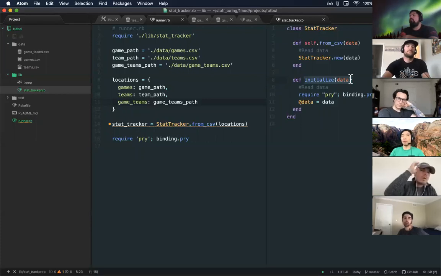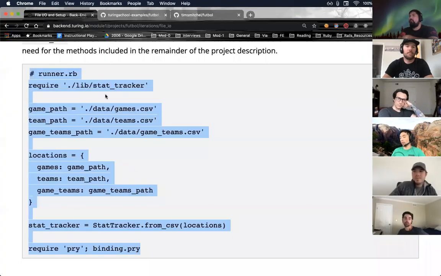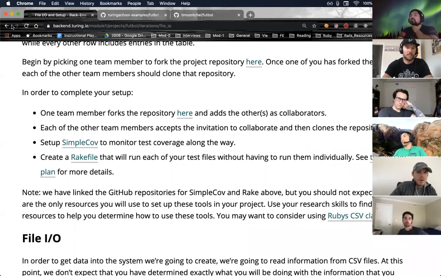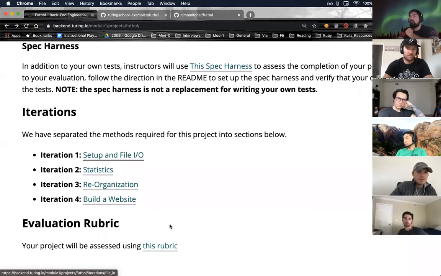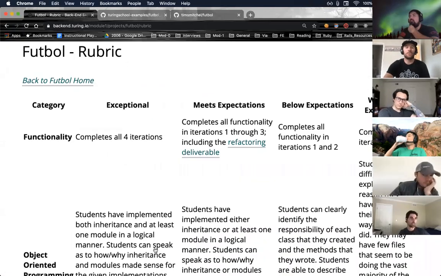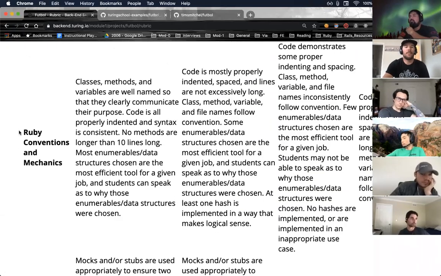I think that's a little confusing for some of the new people. No, that's totally valid. Thanks for bringing that up. Where is my rubric? Yeah, so like every other project, this has a rubric. The part that is back, that was not in this morning's rubric, is conventions and mechanics.